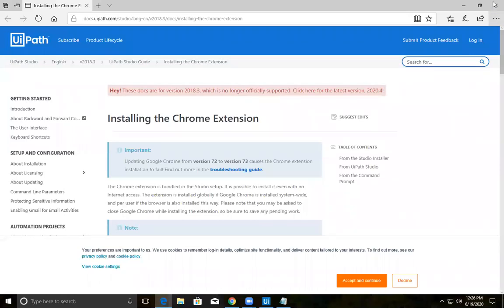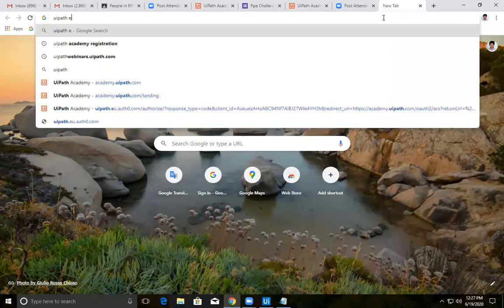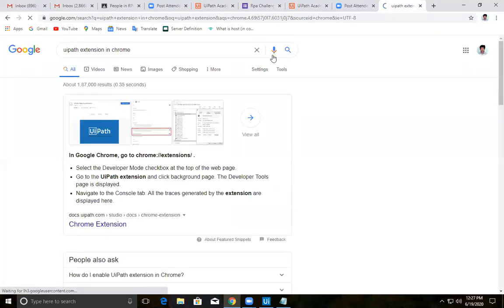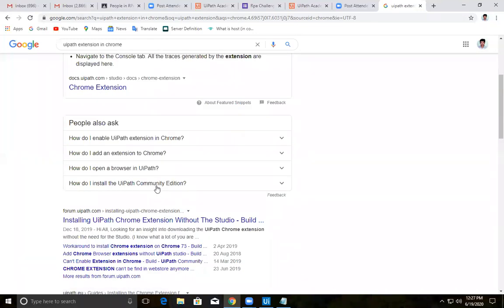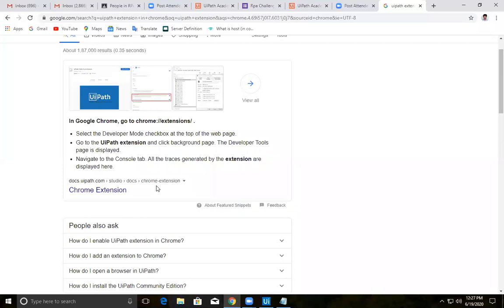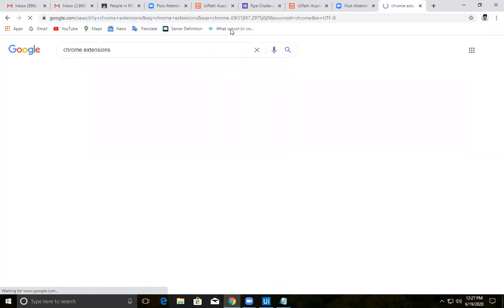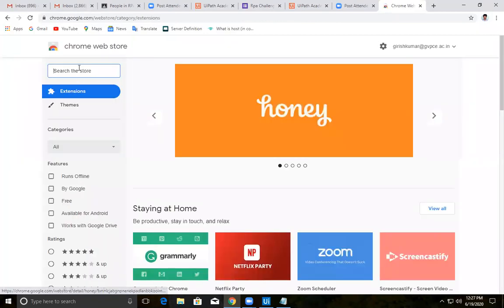Let me go to Chrome, the UiPath extension in Chrome. Let me check this.